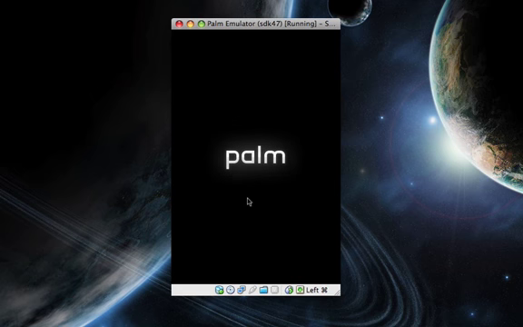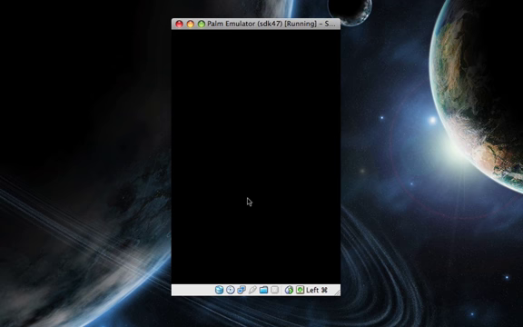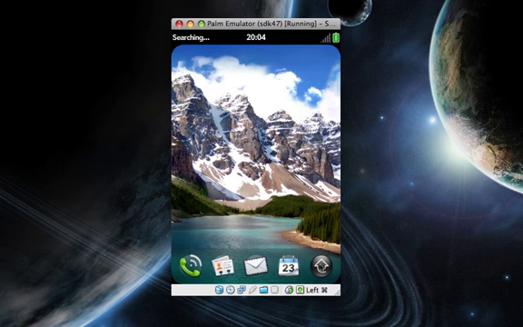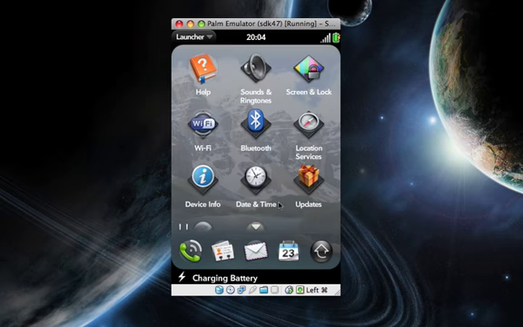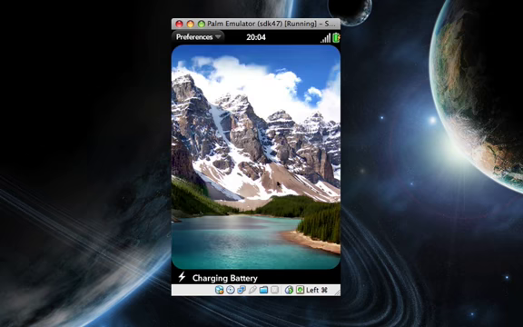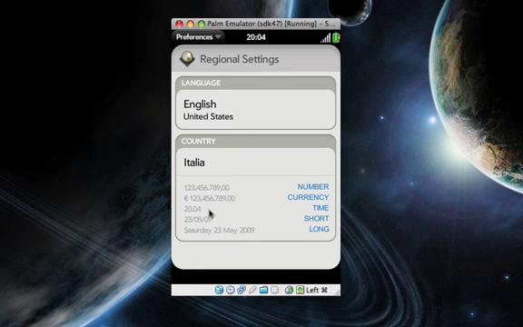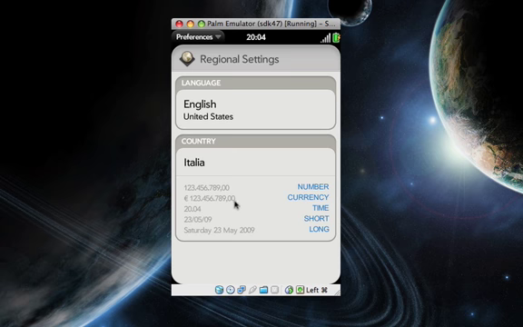Oh, okay. Well, apparently that resets the device, but I hope I can understand this when it comes back on. Okay, hold on one moment. Regional settings. Yeah, so that actually does change it. That's kind of weird that it resets it. I don't know if it'll do that on the actual device, but